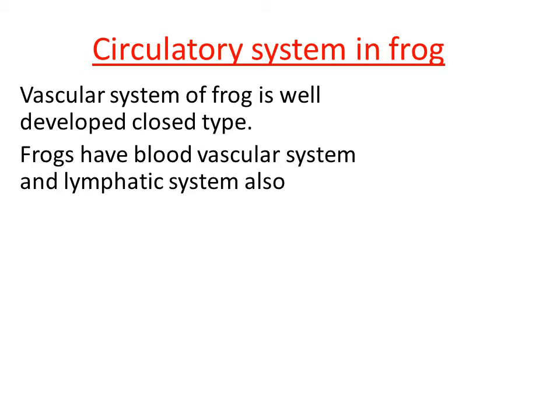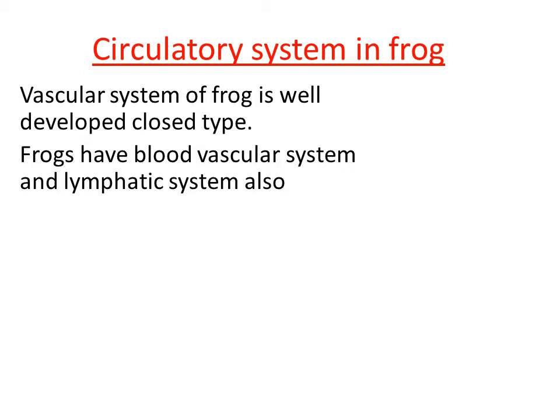What is the function of the blood vascular system? So the blood vascular system helps in the circulation of blood, right? And one more vascular system, that is the lymphatic system. So the lymphatic system helps in the circulation of lymph. So both are body fluids, but the circulation of these two fluids takes place through separate systems, right? So blood circulation takes place with the help of the blood vascular system, and lymph circulation takes place with the help of the lymphatic system.